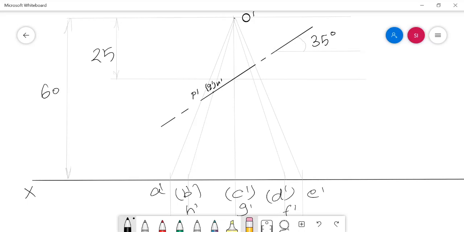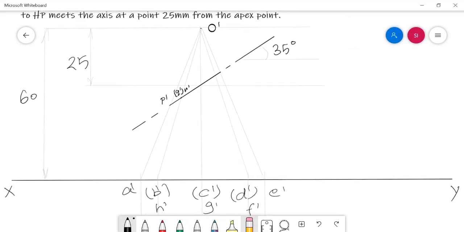Here the next intersection, O dash C dash and O dash G dash, two generators are affected by the cutting plane in this part. So I have to mark two cut points. They are S dash and T dash. Put a bracket for any one among these two and then continue your travel.